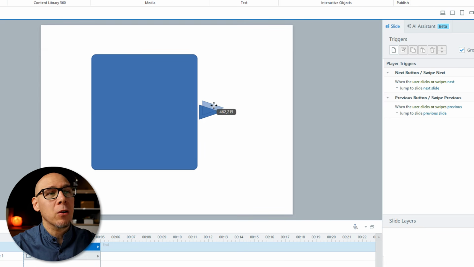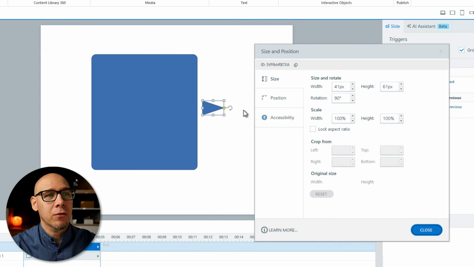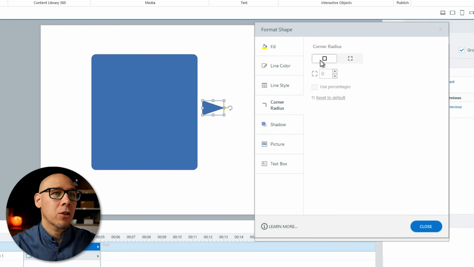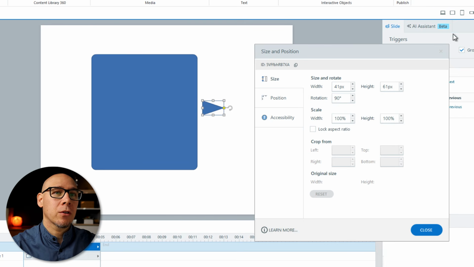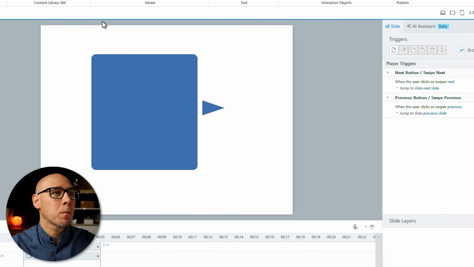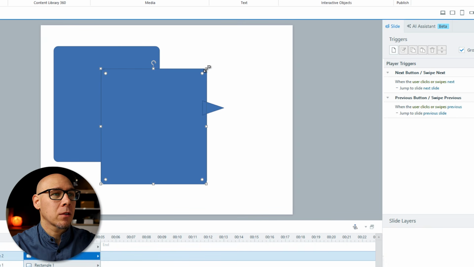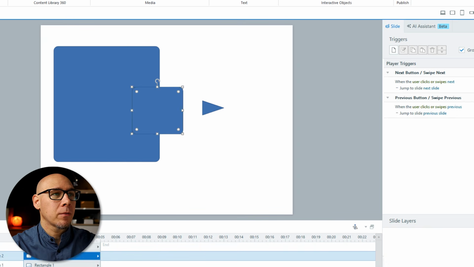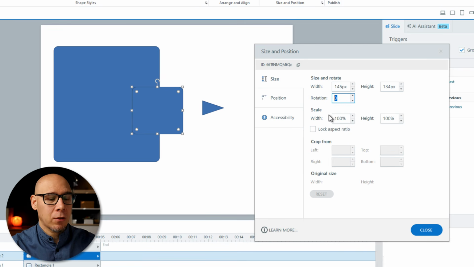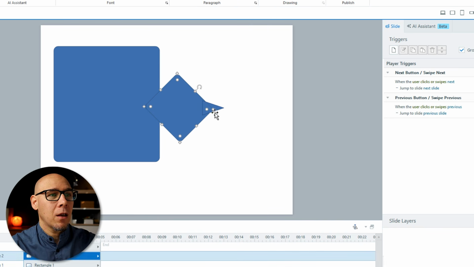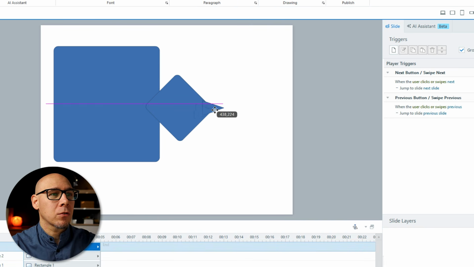But first, how can we add a rounded corner here? There's really no setting for this in the Format, shape and corner and so on. So what you can do is, I'll make a duplicate of this one, make it a bit smaller, and I'm going to position it at 45 degrees, like that. And then if we overlap these two,